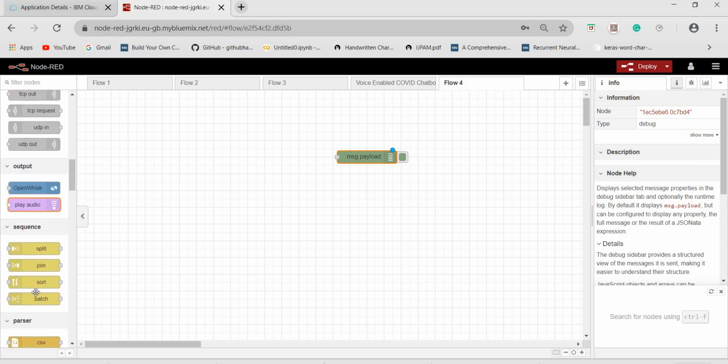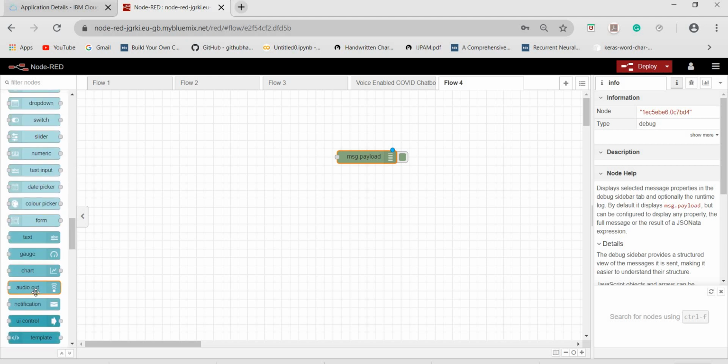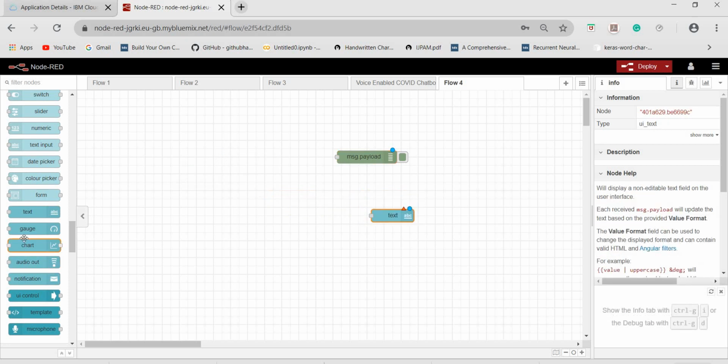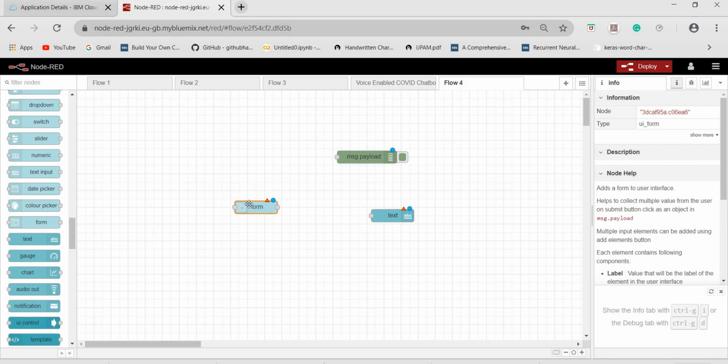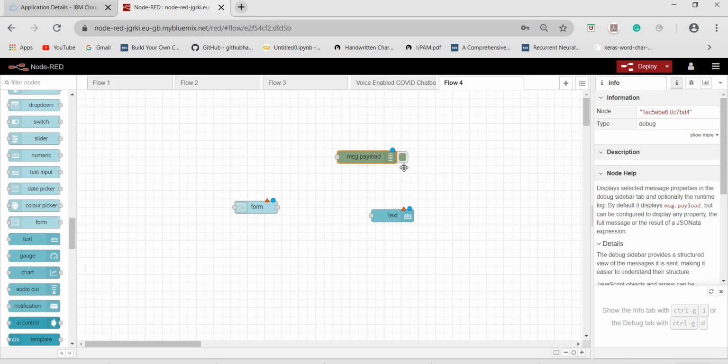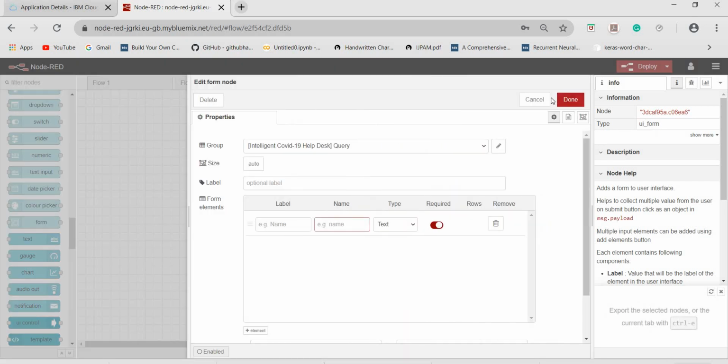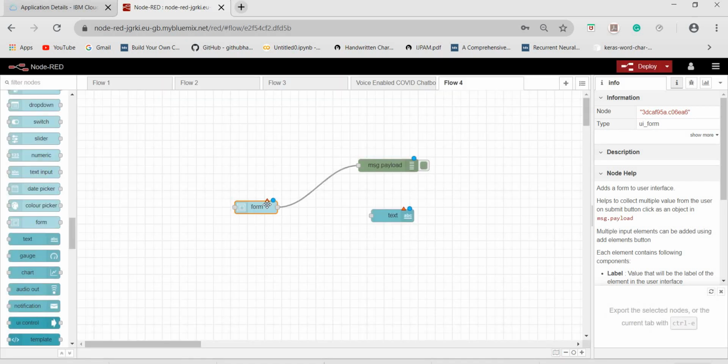Let's say now click and drop a text button and then a form. So what we are trying to do here is that enter our name in the form and then present that as the output in our window. You can connect the widgets by dragging in these small buttons. You can have multiple connections. Now let's just configure our forms. Before that, when we haven't configured our widget, we can see a small triangle and a circle above our widget.